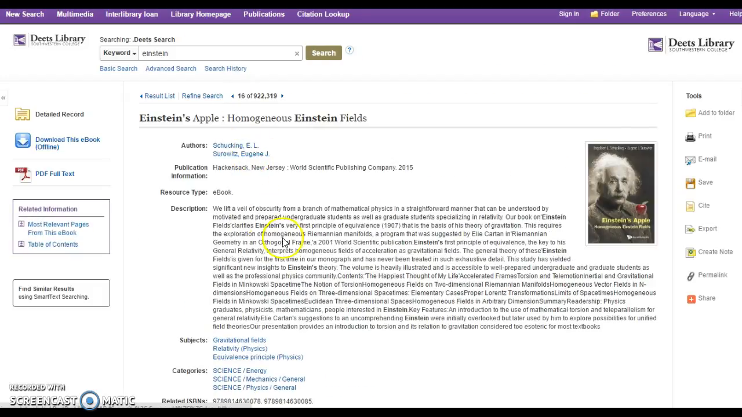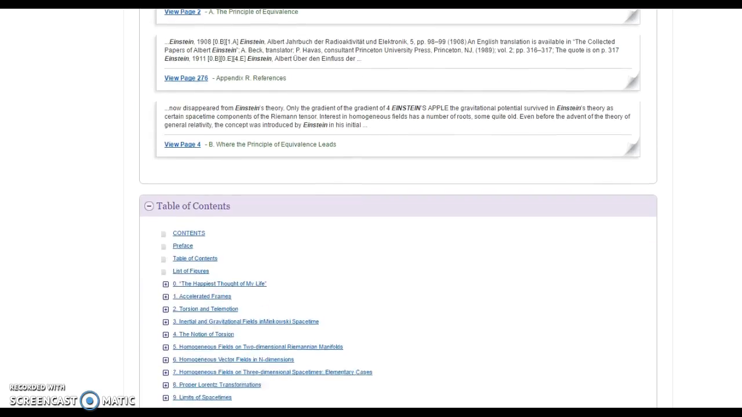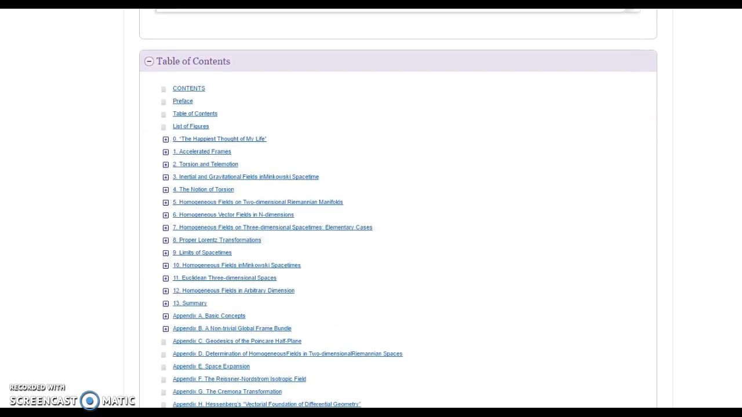It gives a very thorough description of what the book's about. And so you have some choices. You can download the book to read offline. You can just look at the PDF text. I like to go down to the bottom and look at the table of contents, especially because, and this is